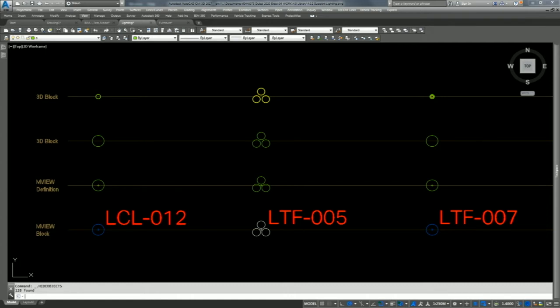So I laid out this for them. So the top one's the 3D model. The second one, I think they both say 3D because I had screwed it up, is the 2D model. Then the next one down is the multi-view block itself, which is a special, I think it's only Civil 3D. It might be also Architecture Desktop. It is not in standard CAD. That block references those 2 models, and you then house that inside a standard block, which can be worked, manipulated, counted as a standard block. But when you go into 3D,